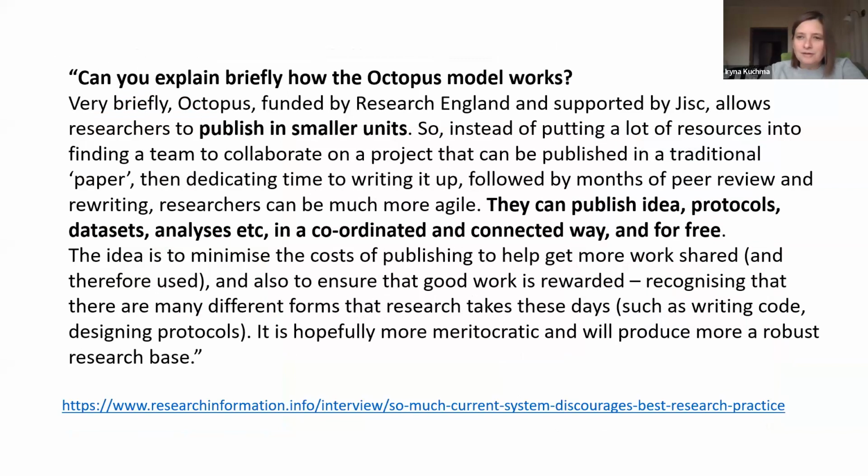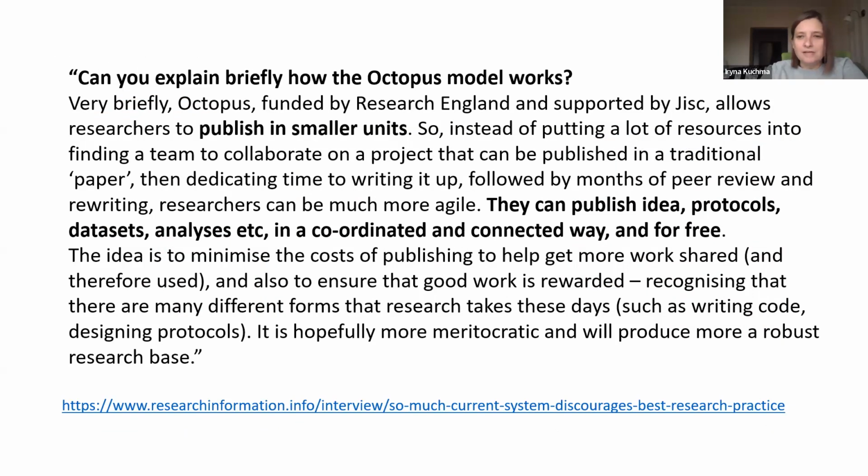Octopus is a publishing platform that is funded by research funders in the UK, supported by Jisc, which is the UK Research and Education Network. And it's a platform that allows researchers to publish in smaller units. So instead of spending a lot of time writing a full journal article, they allow researchers to break their findings in smaller pieces,